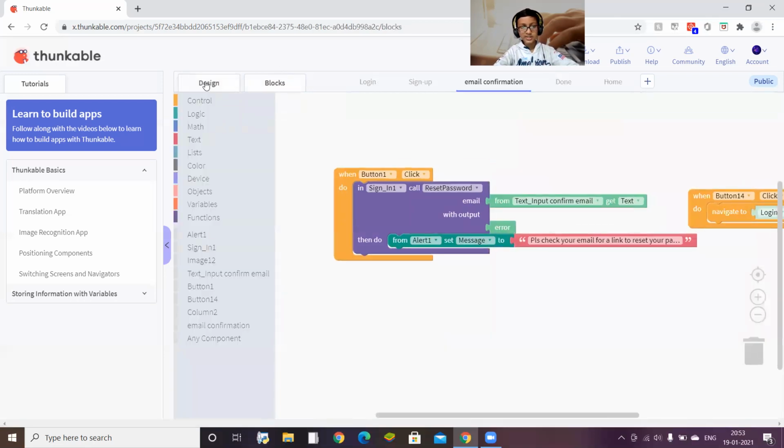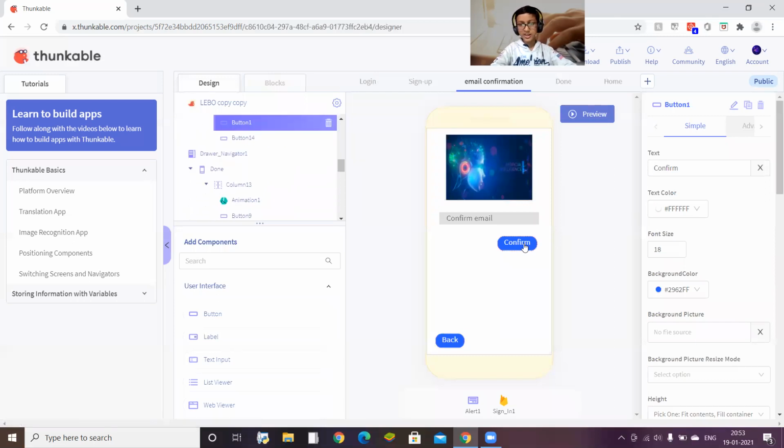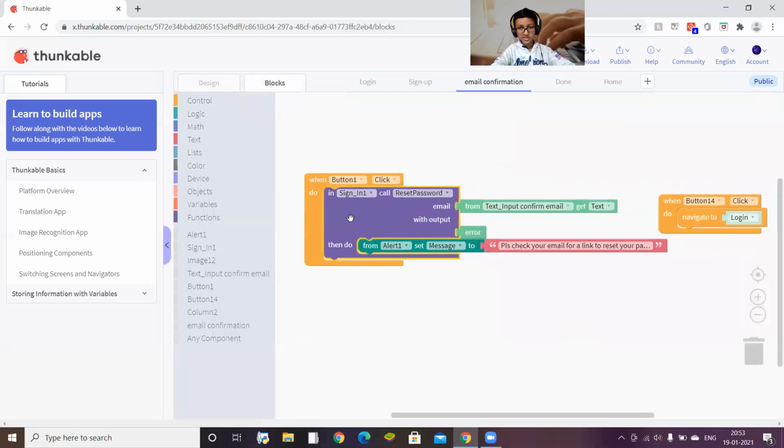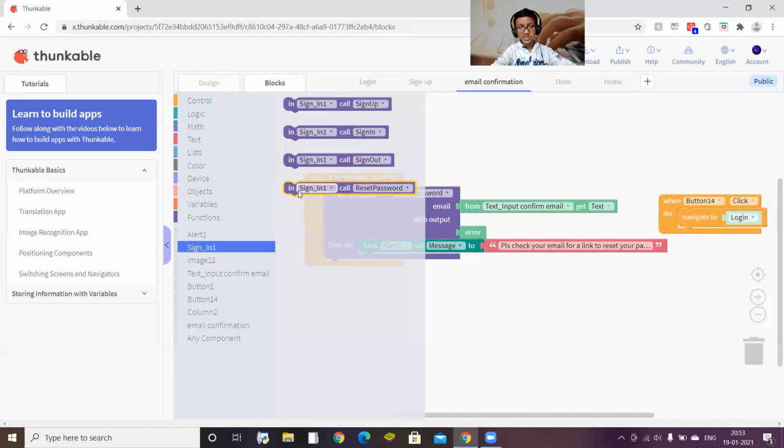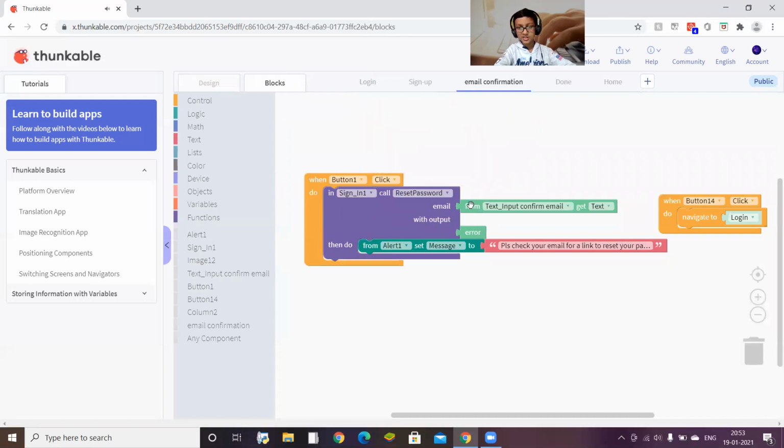Well, when button 1 is clicked, let's see what is button 1. I've set this confirm button as button 1. When button 1 is clicked, in sign in one, that is here, reset password. It will take the email and reset the password, and it will request our database, the Firebase, to send one resetting password link, and then it will show the user: please check your email for a link to reset your password.